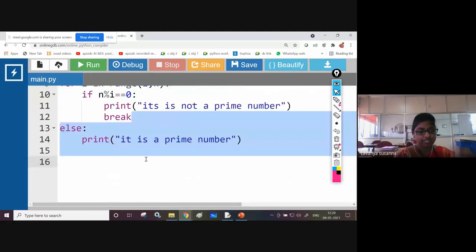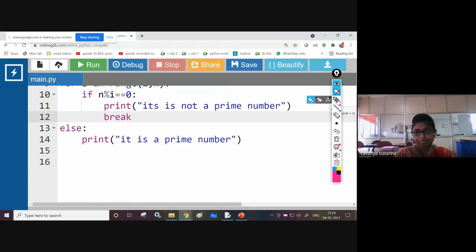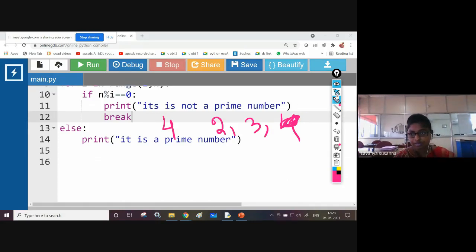This else block didn't get executed because here the break statement is executed. Once again, see, 4, right? Here you have given 4. Now one second.